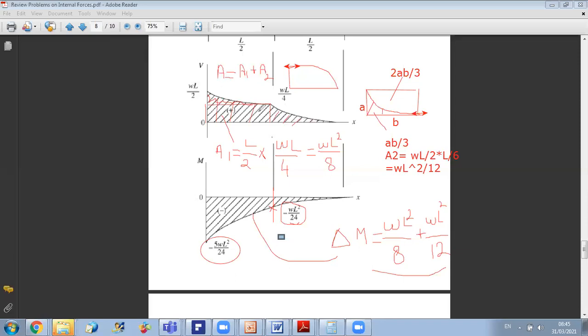Okay, and A3 here is equal to A1, sorry, A2. Okay, why is it equal to A2? Because we have the same height, which is omega L over 4, and the same length here, which is L over 2. So you'll get A2